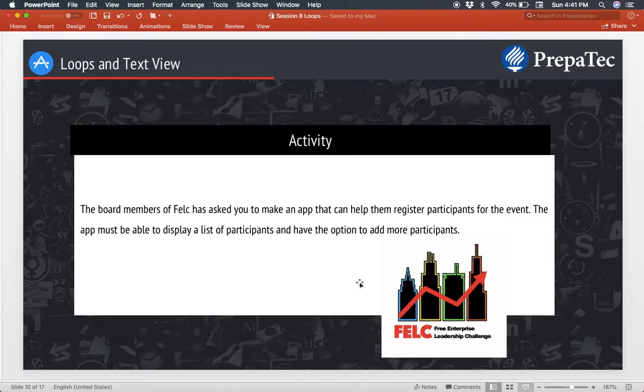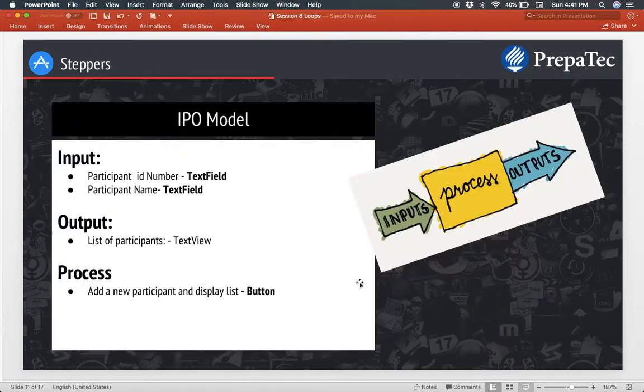The activity for today, we're going to create an app that helps us register participants for an event, and it's just going to list the number of participants that have been added to a list, and that's about it. So we're going to have two text fields, one for the ID number of the student and the other one for their names. And we're going to click a button adding them to our text views and looping them on our text views, as you'll see